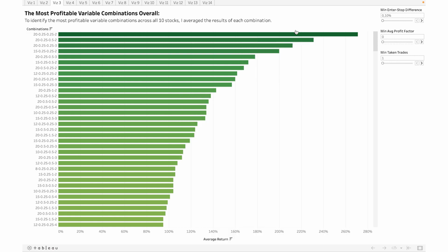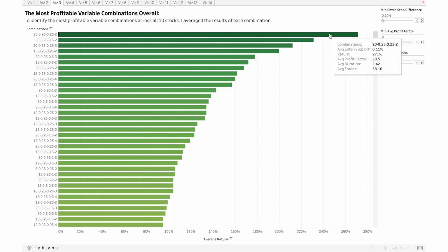Here we can observe that the most profitable combination was the 20, 0.25, 0.25, 2, which yielded a non-compound return of 271% on average between the stocks from 2012 to 2023. However, is this combination useful? Probably not. If we hover over the bar, we can see that the average distance between the entry and the stop was 0.11%. In the previous chart, we saw that the average price of the stock was around $100. So a distance of 11 cents from the entry to the stop might be a little bit too tight for